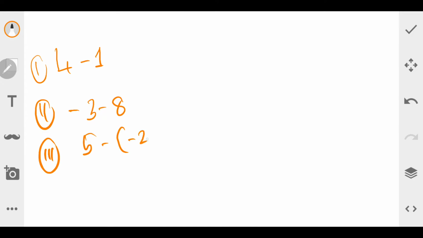This is number 3, and this is number 4. So my question is, you just have to tell me what are we subtracting. You don't have to do the subtraction. So first one,